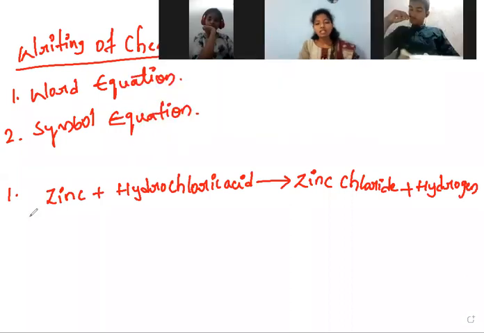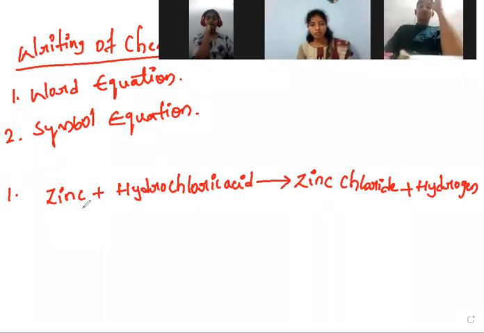We call this chemical equation a word equation. All the equation is in word form. Every time, writing in this word equation will take some time. And sometimes we may not write the correct formula by reading these word equations. Sometimes we may make some mistakes. See here, the same equation I'll write in symbol form.